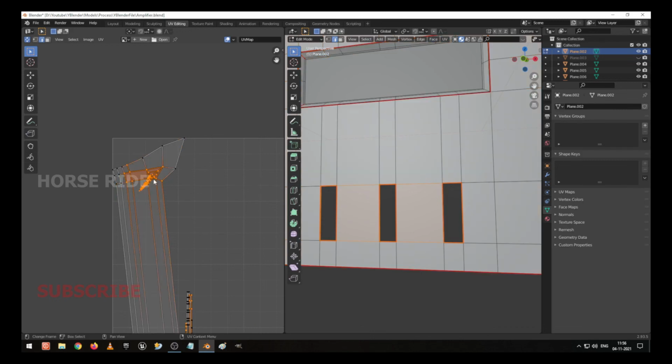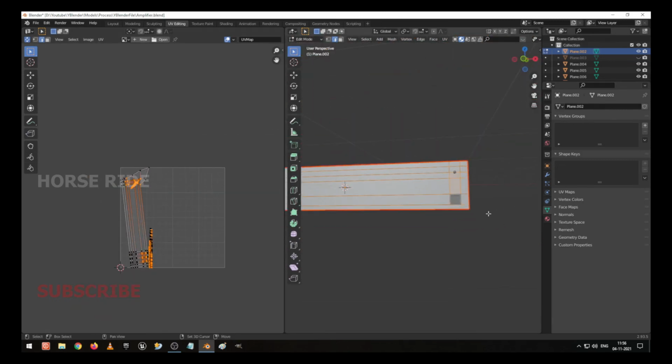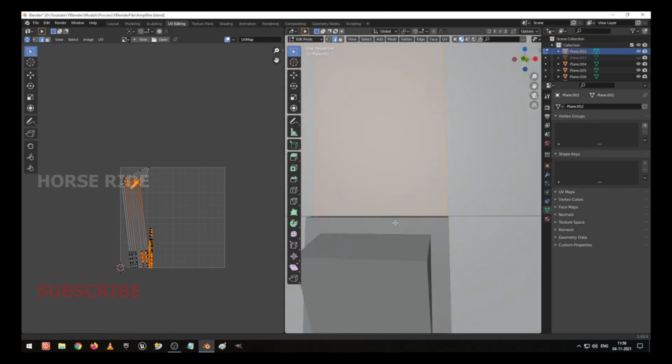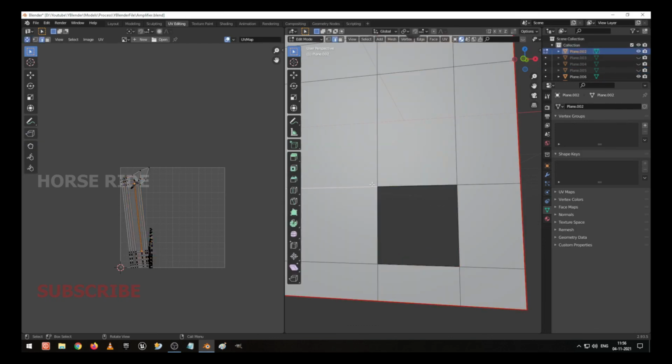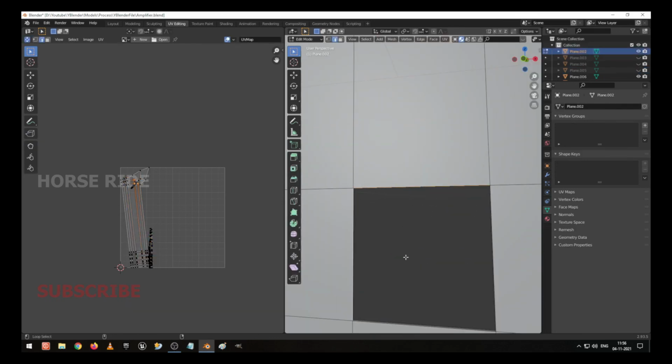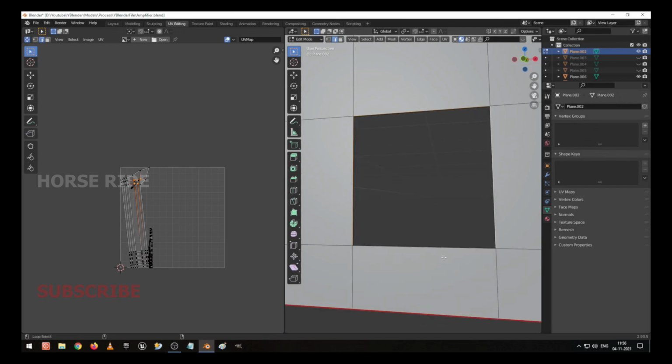Here also we are having some issues, which I found. Here are the edges. So I hide this one. I go to this here and I select these edges and F